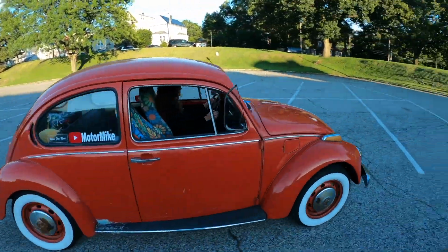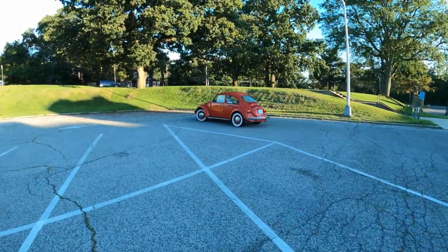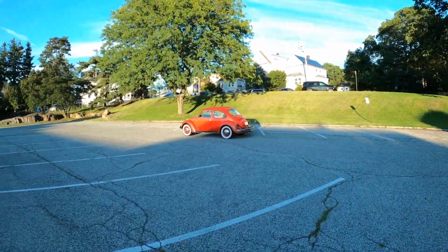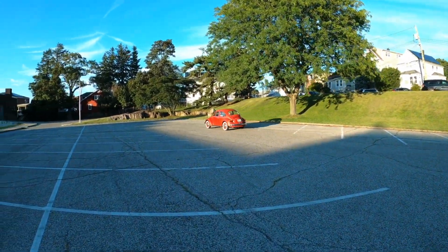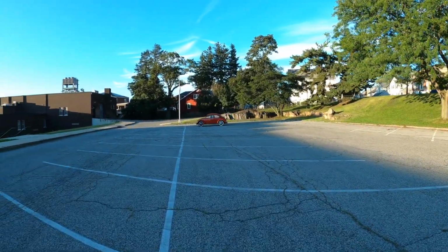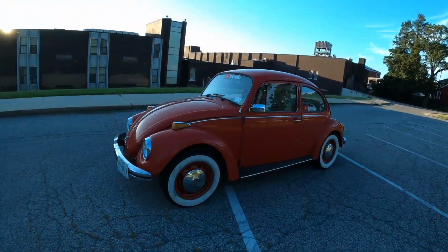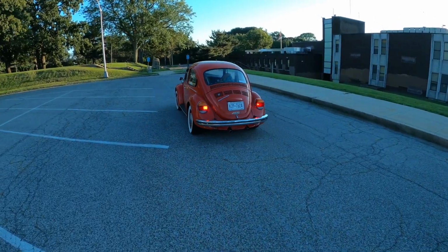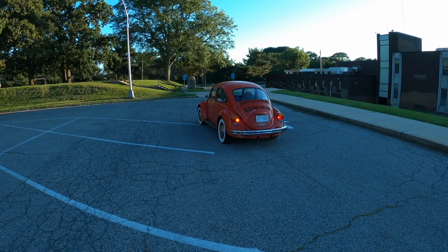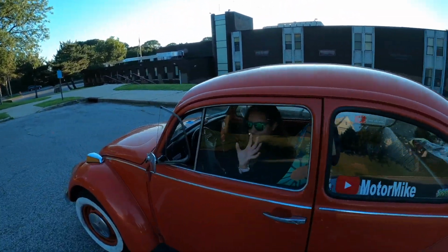There you go. Look at her. She's a natural. You know, it's weird seeing your own car get driven around. It's funny to see your own car get driven around like that. Judy's a good-looking car. By the way, my window doesn't work, so we're gonna have to talk to...